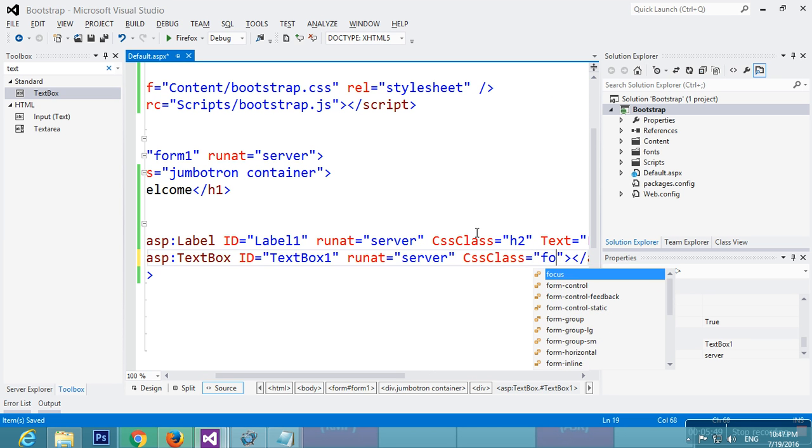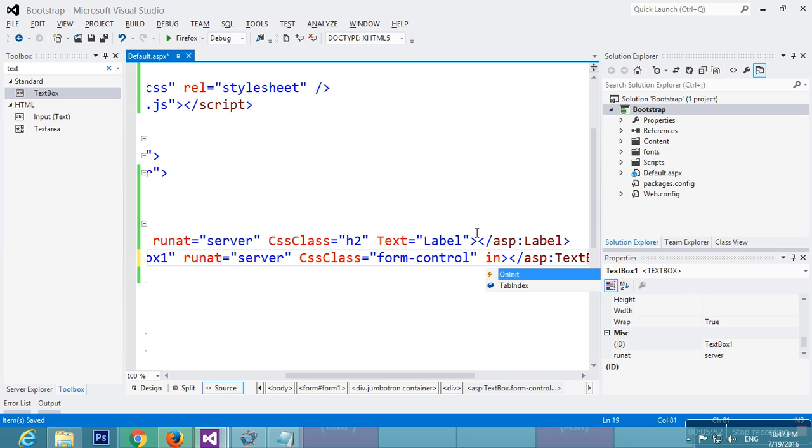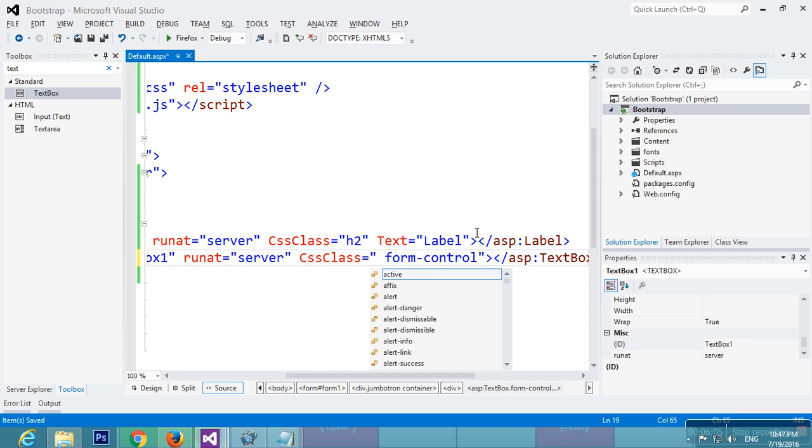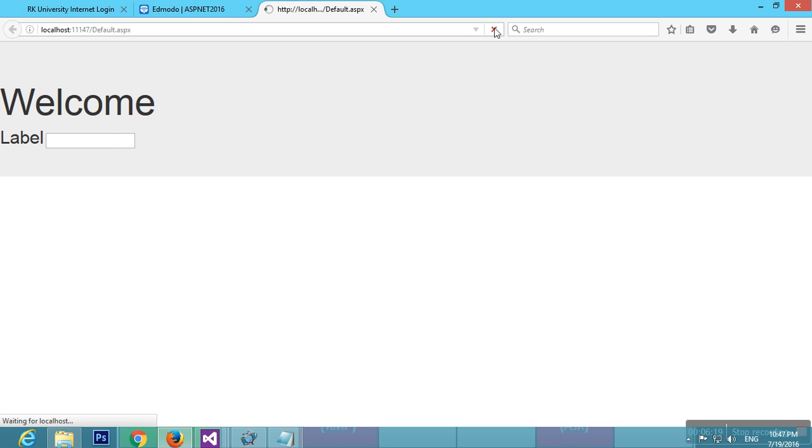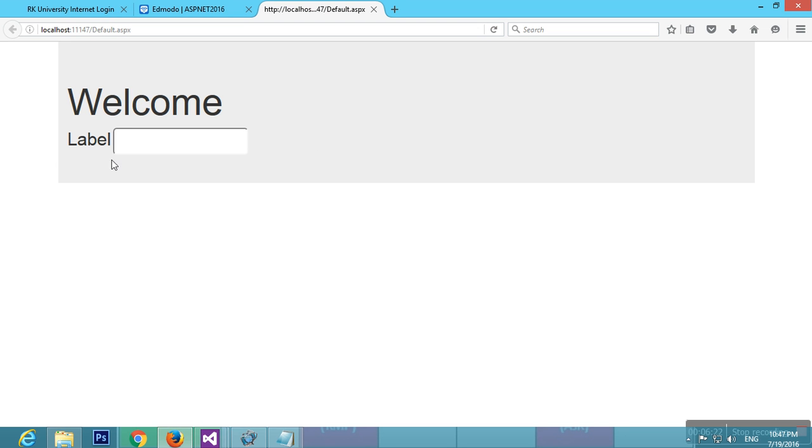Let's say form-control and input-lg. So if you give input-lg, it will take it as an input control. This is a CSS class of Bootstrap. So notice how this has changed.